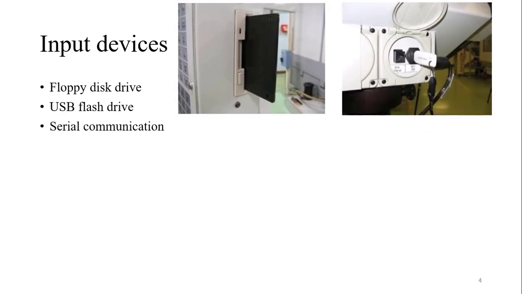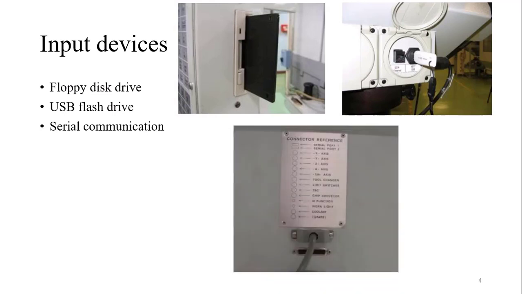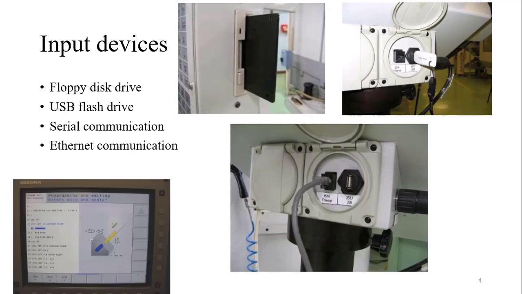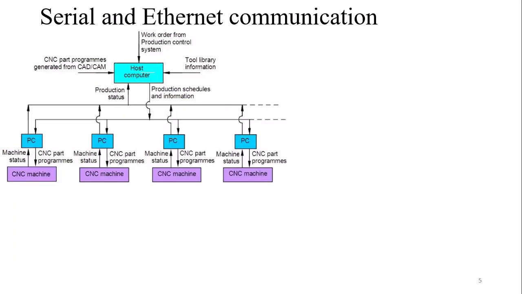Then we have serial communication. Serial communication is used widely in online gaming, or LAN gaming. The same serial communication is used in the MCU to transfer the data. Then we have Ethernet communication. Ethernet communication is the wiring through which your internet connection wires are there. These are the Ethernet communications. Clear? Most of you don't know the difference between serial and Ethernet communication, so here I am discussing serial and Ethernet communication.